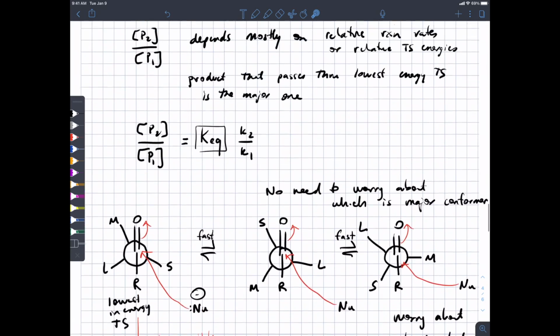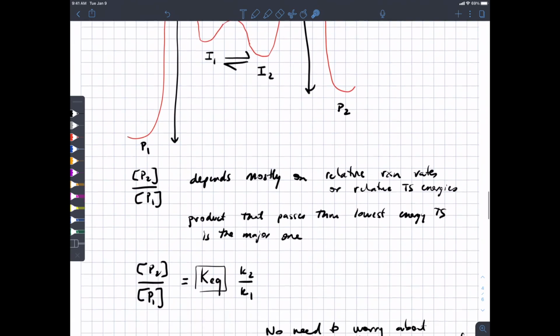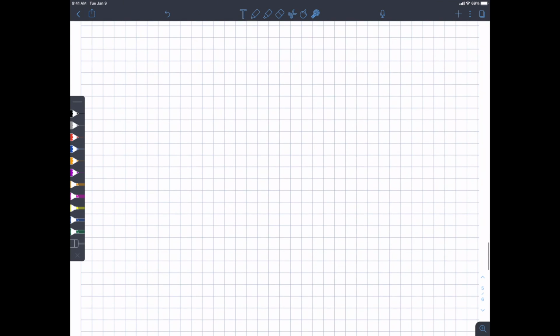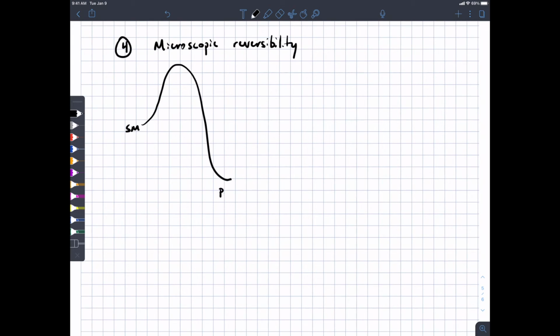Okay, so that was 3. There's 2 others that don't require a lot of explanation. 4 is the principle of microscopic reversibility. And that is if you have a starting material and it goes through a transition state to a product,